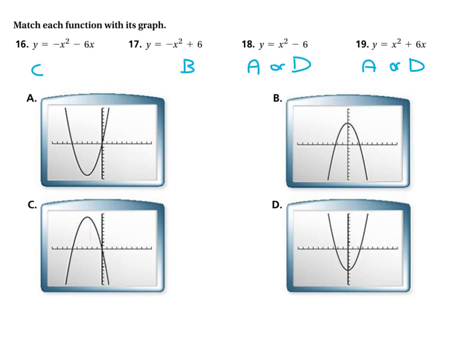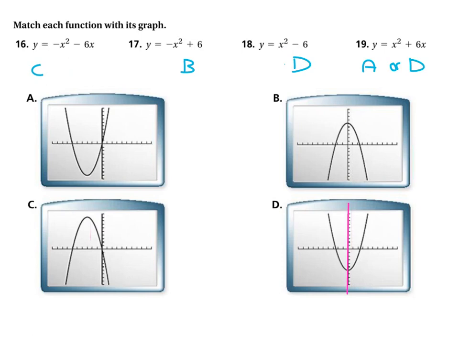So we've got this axis of symmetry running right there for D, because it doesn't have an x term, and so it's not shifted off of x equals 0. So that is number 18. 18 is D,